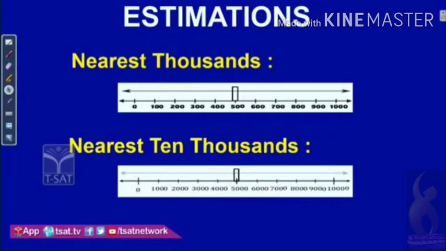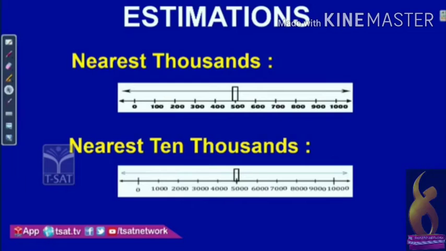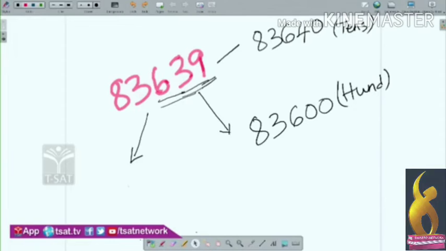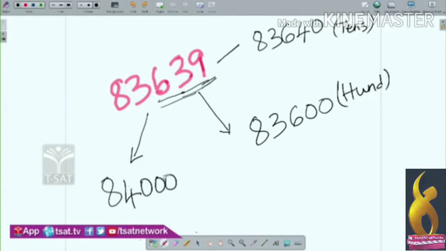Let us come to our next slide, that is nearest thousands. We have the number, what is that number? 639. 639 means it is more than 500. If you look at the first number line, it is more than 500, therefore it will be rounded off to nearest 1000. That means you will get 84,000. This is nearest thousands,